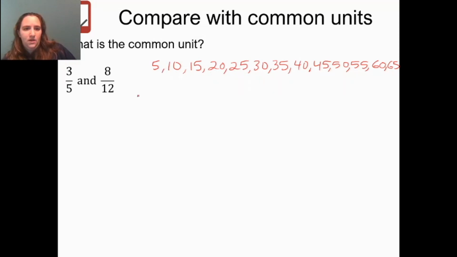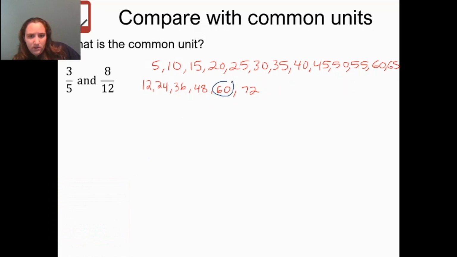All right, so we have 12, 24, 36, 48, then we have 60, then we have 72. Oh, you know what? I've already found one. So what we could do is we need to just circle the one that they have in common, and it's